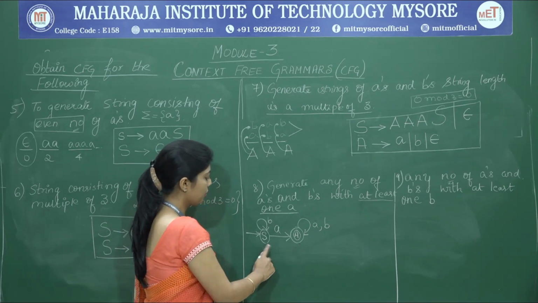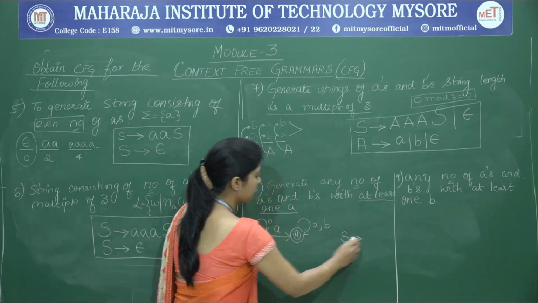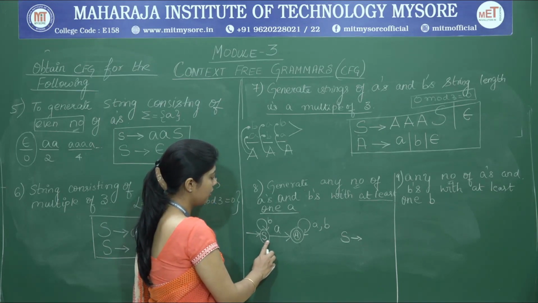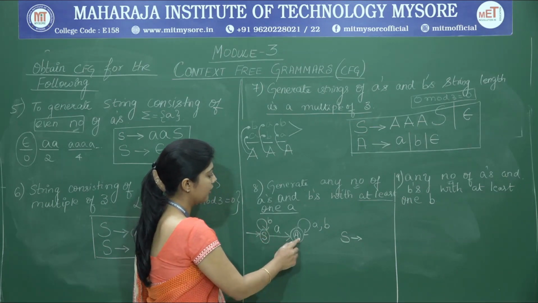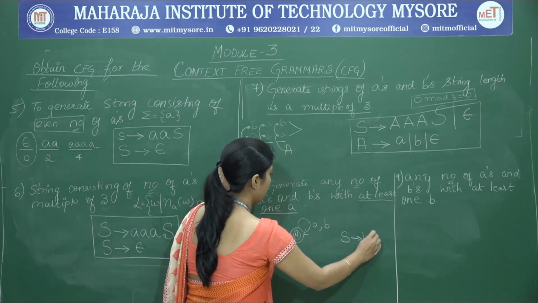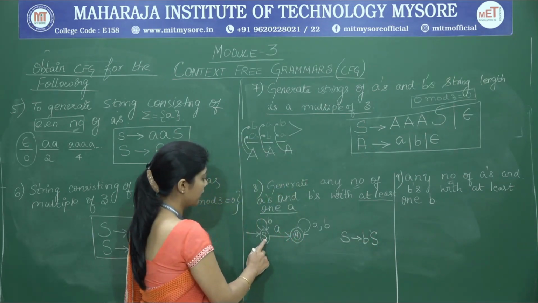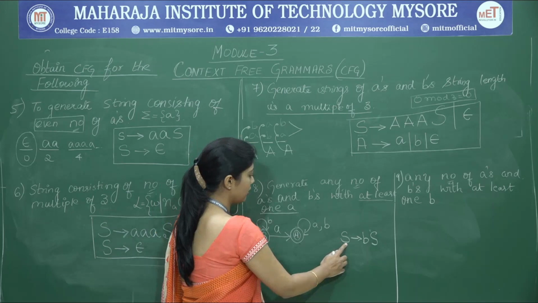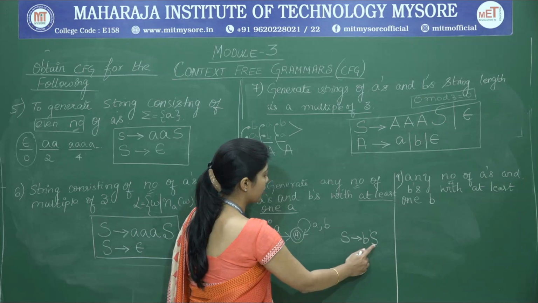Possible. Okay. So the rule is we have to first write the source symbol, that is S. Next, we are going to write the terminal symbol which is there on the transition, and then write the destination state. So S goes to B S. Because S on B is going to the destination S itself. So therefore, starting at S, on reading B, we are reaching S. So this is how we write the production rule.